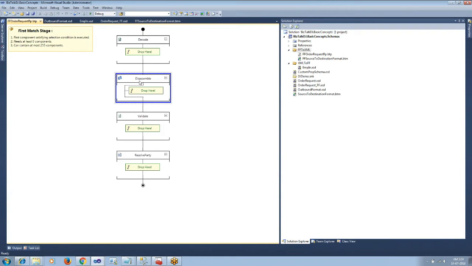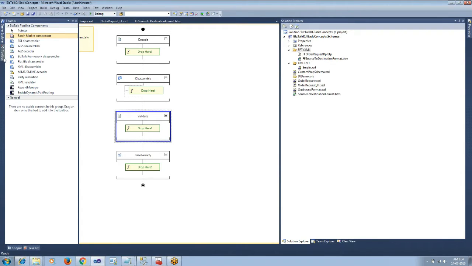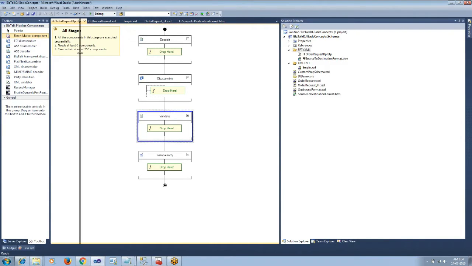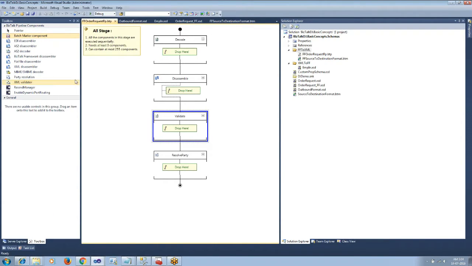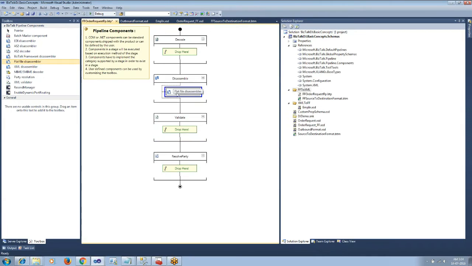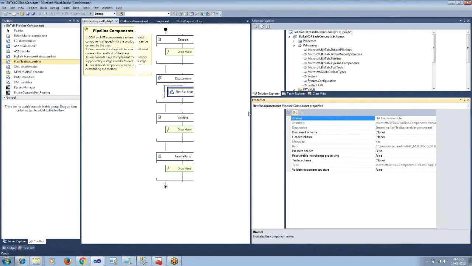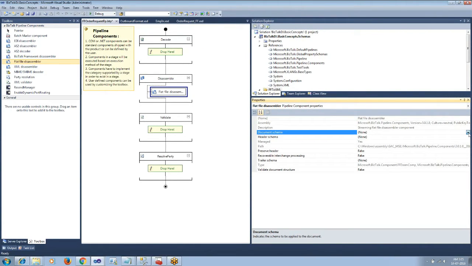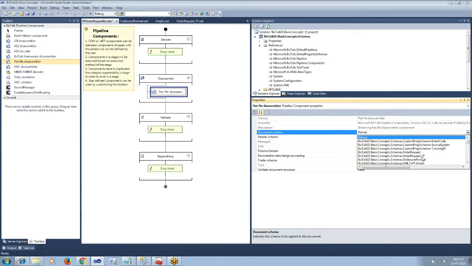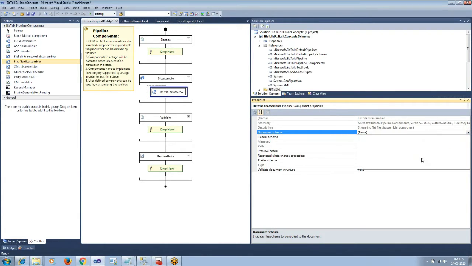So we'll go to the toolbar and use the flat file disassembler inbuilt component, and we will provide the document schema. We'll use the flat file disassembler in the disassemble stage and go to the properties and specify the document schema, which is nothing but the order request flat file schema.